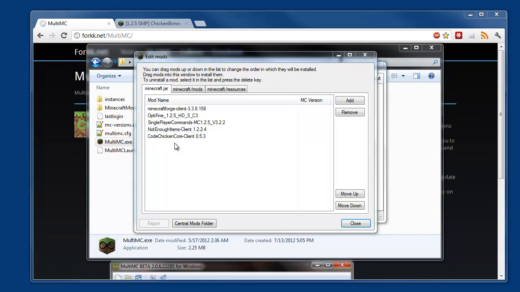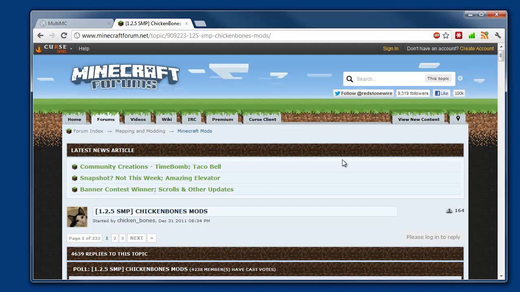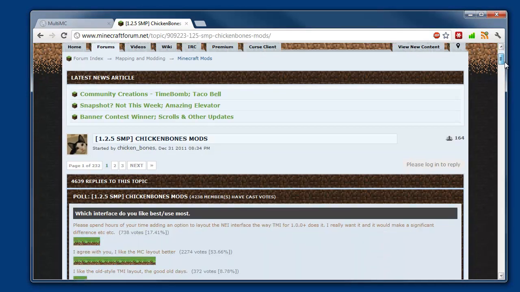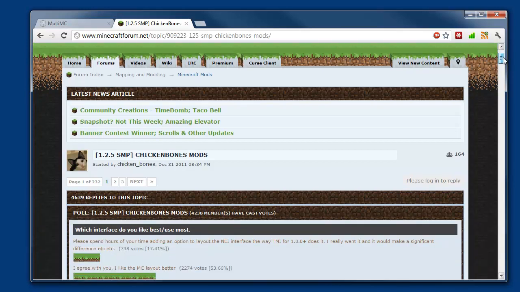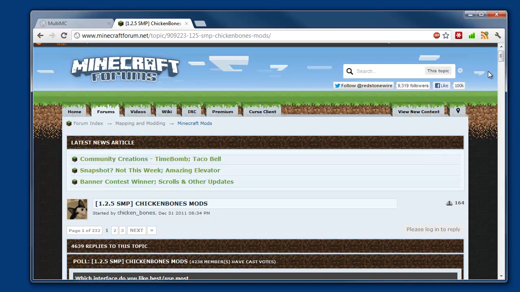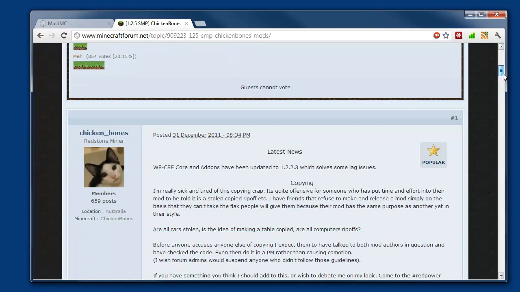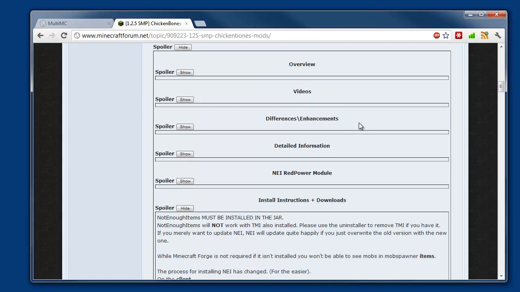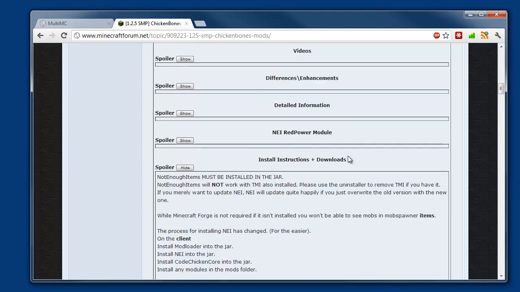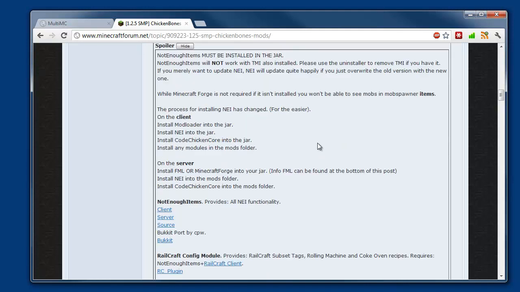So if we look back on this, I've brought up the web page for NEI, and if we take a look down here, most of your mods, by the way, are going to be located on the Minecraft forums. At least the links to the mods will be there. The opening post usually has the information for the mod. So in the case of NEI, if we look down here, Not Enough Items, and we keep moving down. Here's the install instructions and how to download it,